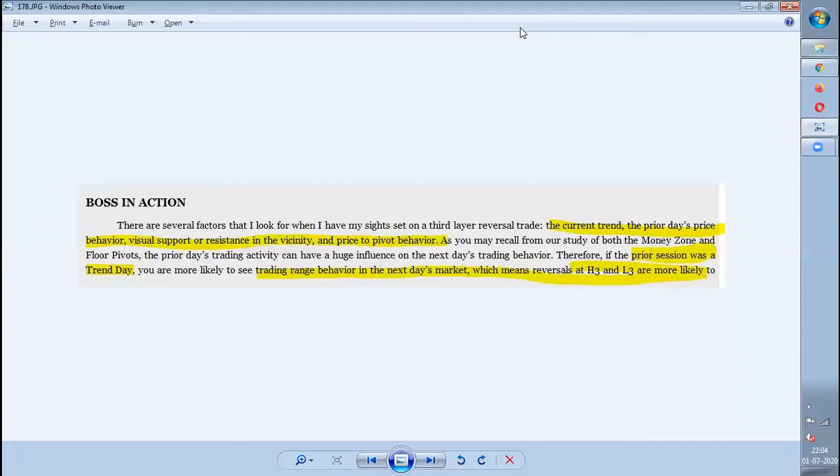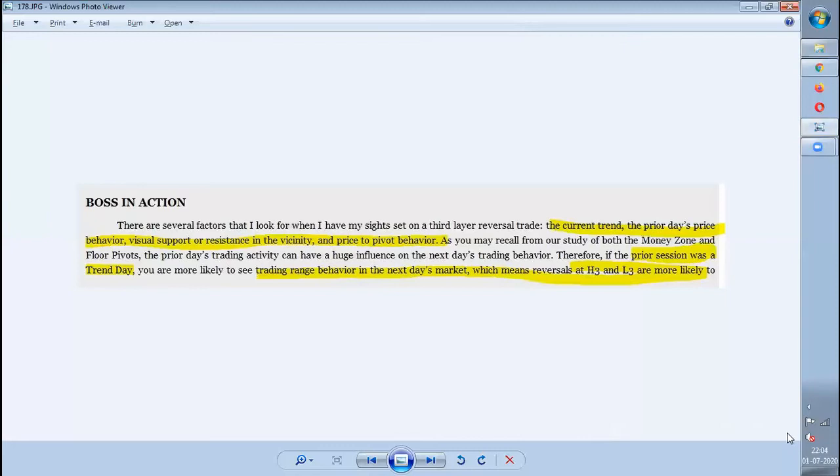And one more hint, which has been told in the previous videos also. Suppose the previous day was a trending day, where 500 to 600 points have been crossed, and the next day will be a range-bound day. This was explained in the wide CPR concept. If the previous day was a very big range trading day, then the next day will have a wide range.